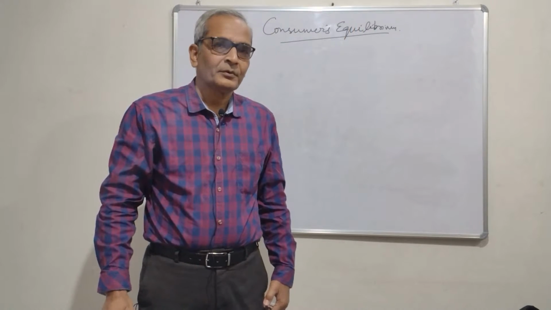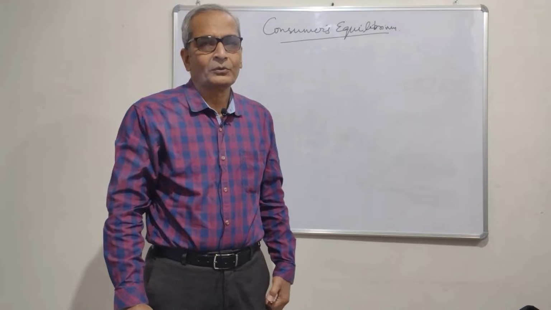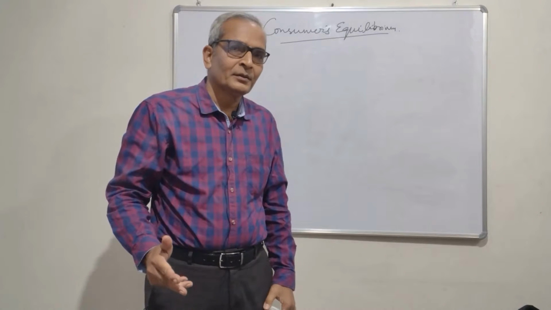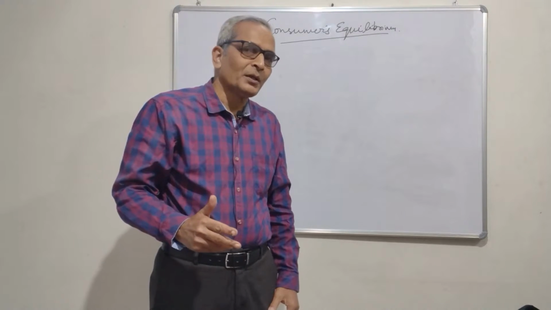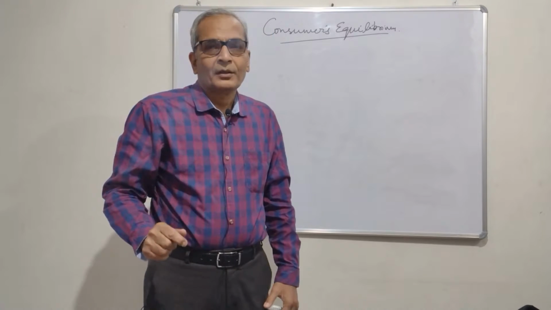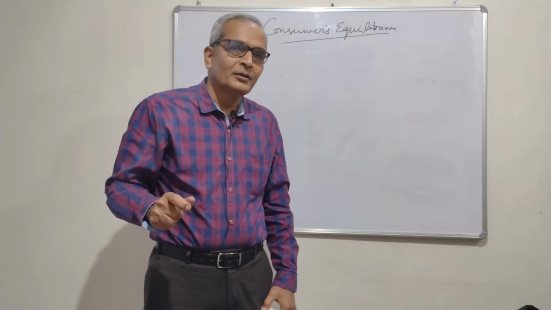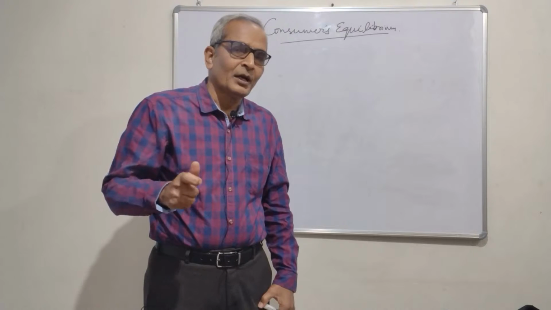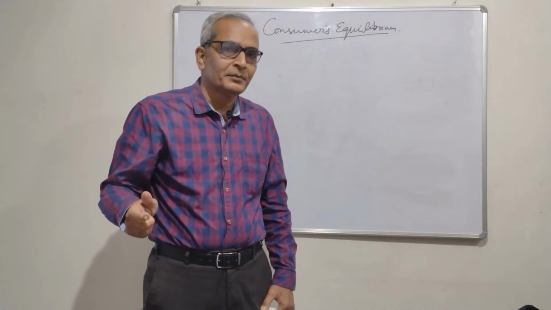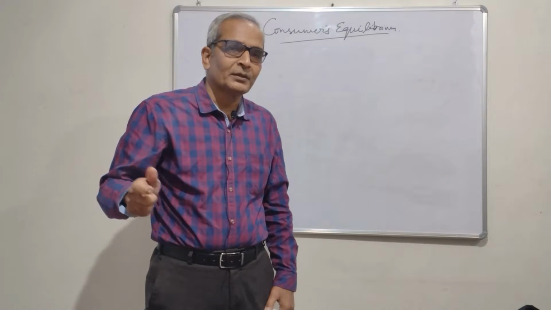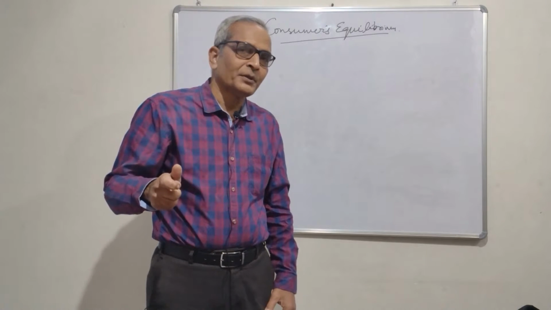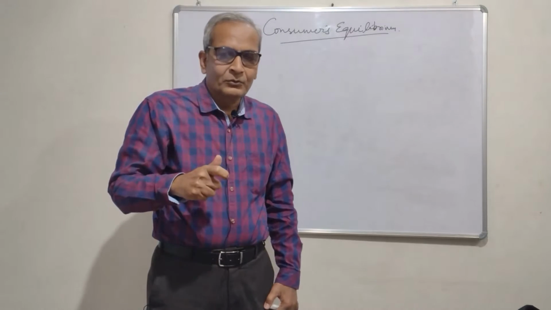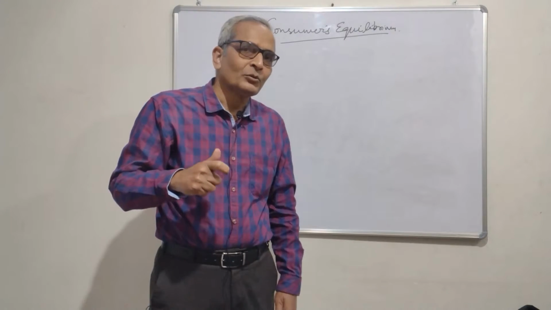I am Manoj Kumar. Today, in this video, we will talk about consumer's equilibrium for two commodities through the law of equimarginal utility approach. In my earlier video, we had seen the law of diminishing marginal utility, which is for one commodity, and how the consumer strikes his or her equilibrium. We had seen the condition where MUX equal to PX, or MUX by PX equal to MUM, where MUM is the marginal utility of money. Now, here we will talk about two commodities.